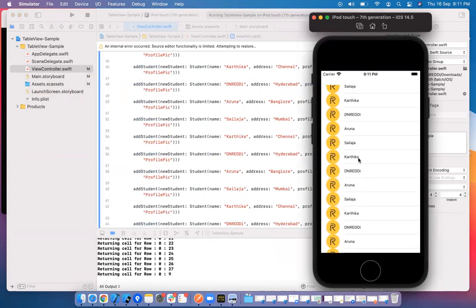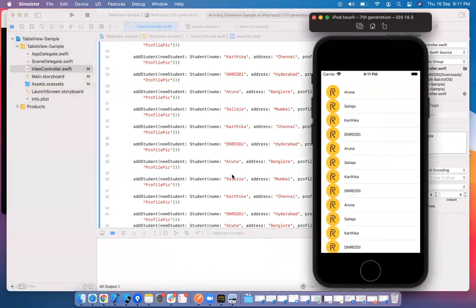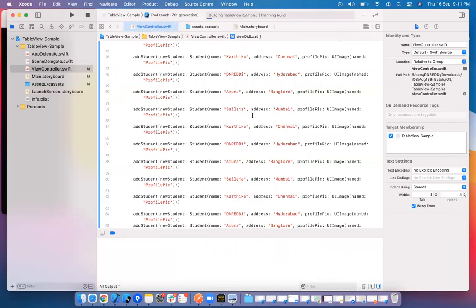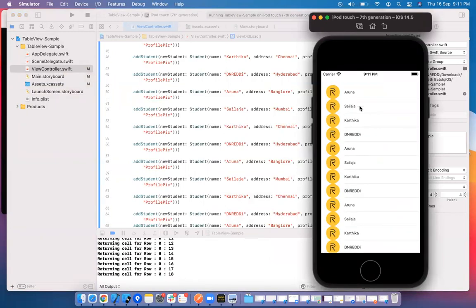There are many cells. Even if I scroll up and down, the method is getting called. If you see here, run it. It is displayed 18. 0, 1, 2, 3, 4, 5, 6, 7, 8, 9, 10, 11. It created 18 cells actually. The method got called for 18, and every time the cells are created.